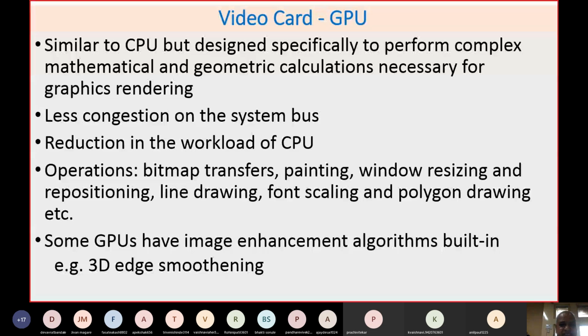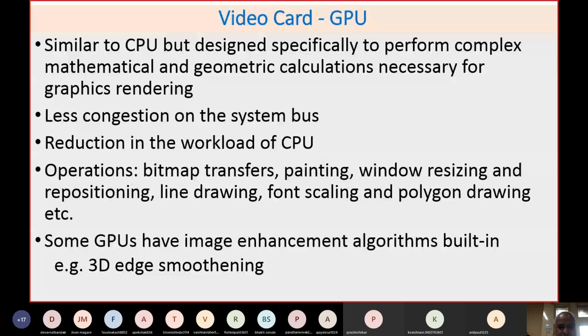There is less congestion on the system bus because it has its own bus. It directly communicates with memory or with the CPU through its own bus. Reduction in the workload of the CPU, obviously, as it takes care of all the floating point calculations or geometrical calculations.